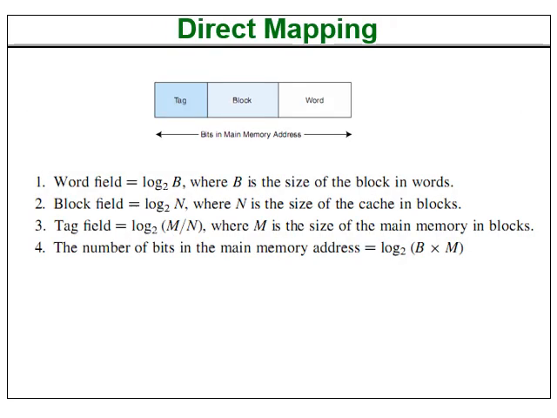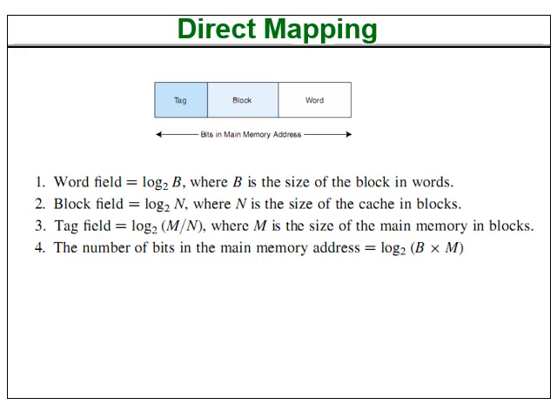Now, the main memory address is divided into 3 parts. First is the word number. This number will remain the same irrespective of whether it is the main memory or the cache memory. This is the word offset. In our example, we have taken that there are 4 words in a block. That means this word number will be of 2 bits. If I want to identify 4 different words, I will have to use 2 bits. So the first word will be 00, second will be 01, then 10 and 11.